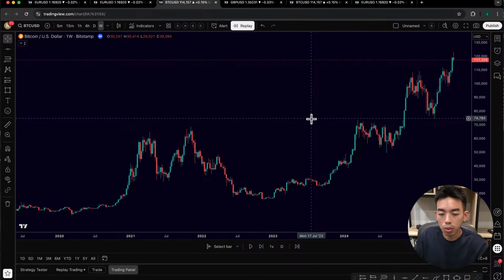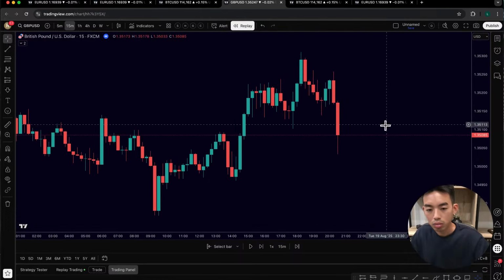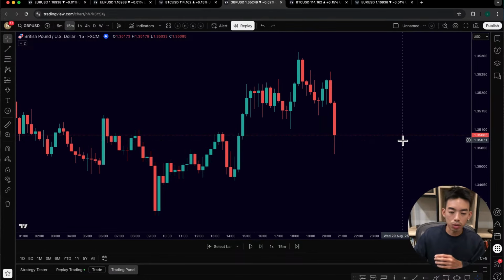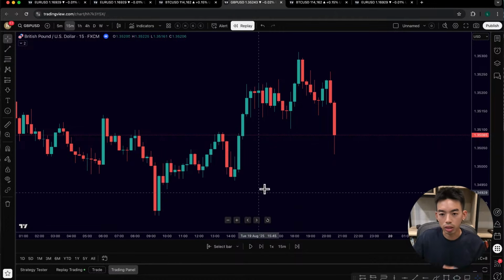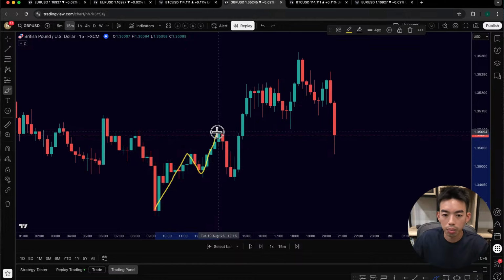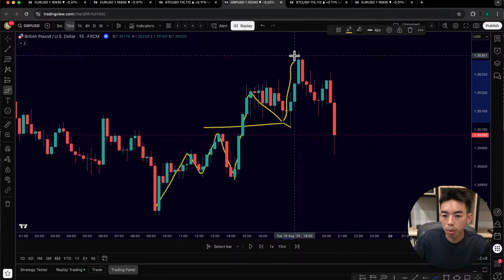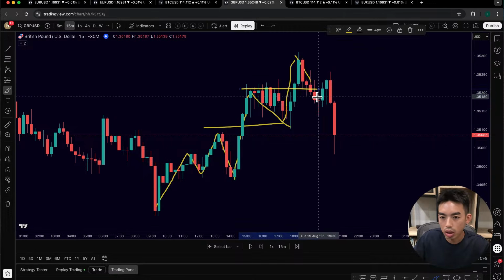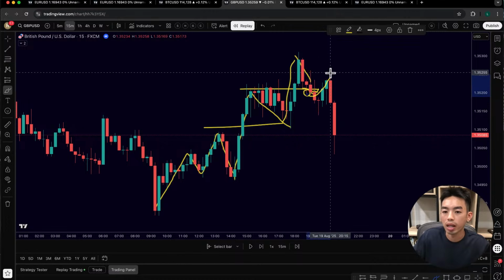I'm gonna show you one more example right here on cable. Right, this is GBP USD. So on GBP USD, we already know that this is a very short-term uptrend, right? Things are looking like it's going up, moving in an uptrend. Now, if I were to take out my drawing tool here, we are able to see prices going up, down, moving up, pull back into SNR, and then making another push up, pull back into this region here, and then we see some buying activity, right? We don't see it particularly here, but we see a move up, and then we have a crash down.